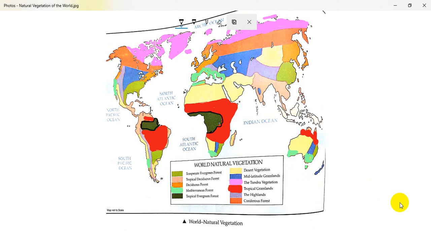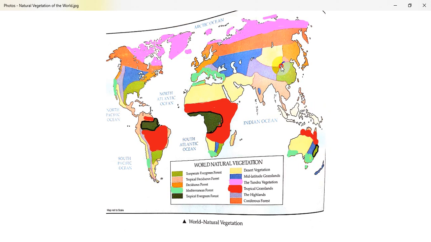Now next we will move to the light green color shade, that is the temperate evergreen forest. First I'm moving to Australia. You can see the southeastern edge of Australia where we have one patch of temperate evergreen forest.